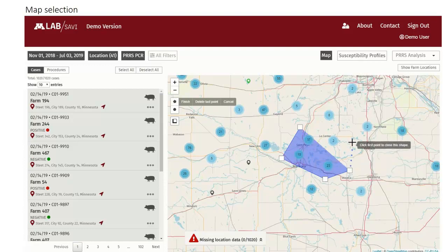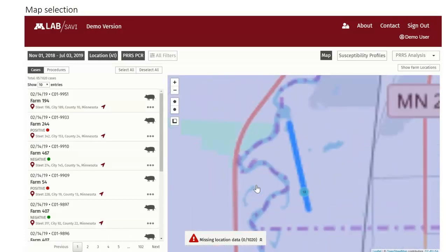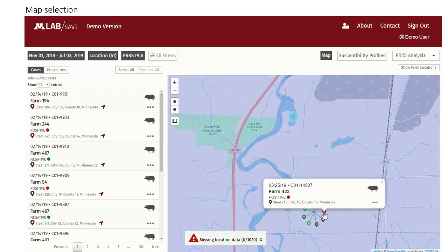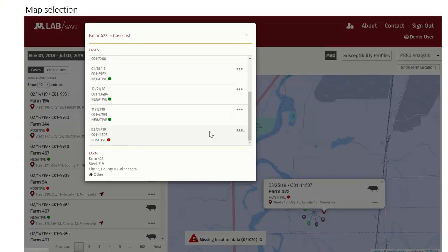If you want to look up all the cases in that area, to have them show up on the list to the left, or if you're going to do a PERS sequence analysis just in a defined geographic area, this is a tool for doing that. When you get down into a farm, it makes this pinwheel of all the cases that are captured in that search. And then again, if you want to click on the pinwheel, that'll take you up to the details for the